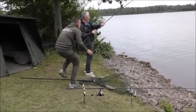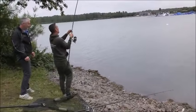I think I've landed like 9 in the last 2 sessions, so we're well on the way to catching a 30-pounder. We haven't done it yet, but I've got 3 20-pounders to show you. So yeah, I'm just gonna slip the waders on, get them out. Let's do this. Thank you very much,